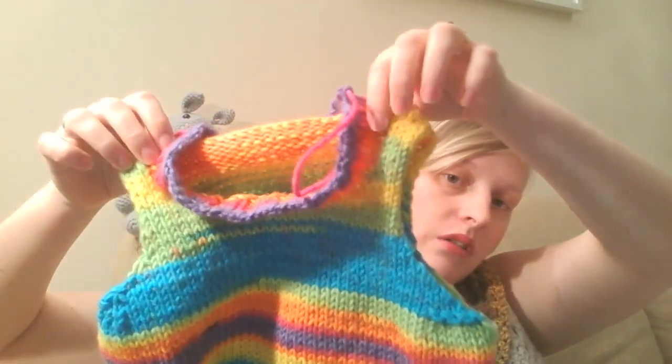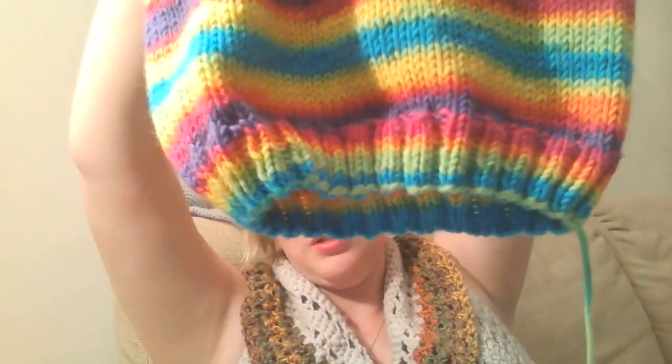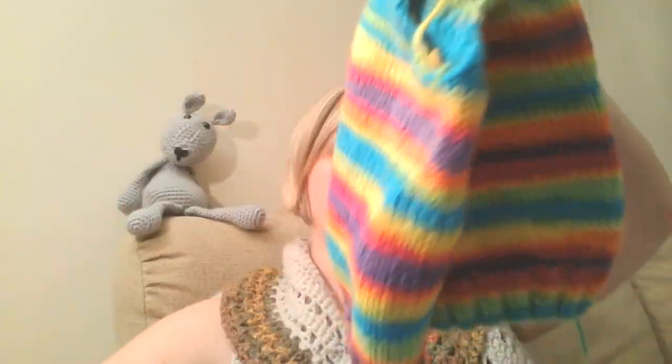Okay, so I'll do a little slow-mo. So the pattern calls for it to be knit flat. I just can't be doing that because I don't like sewing seams together. I'm just not keen on it. I'm not a big fan of picking up stitches. I've learned that too. So what I did is I knit from the bottom up. I basically knit up to the armholes in the round. So just round,